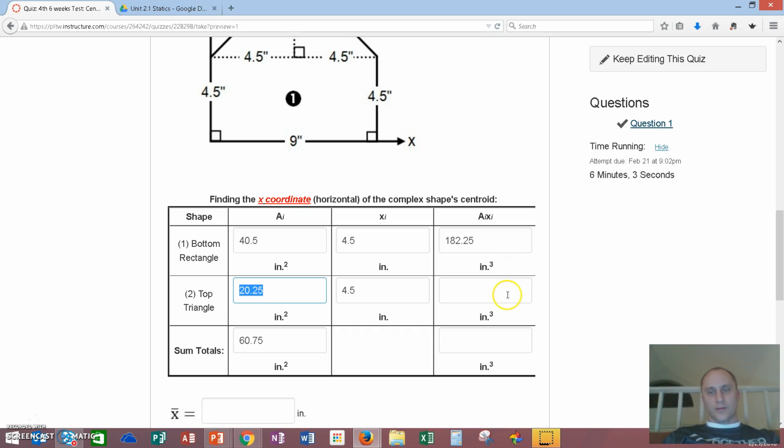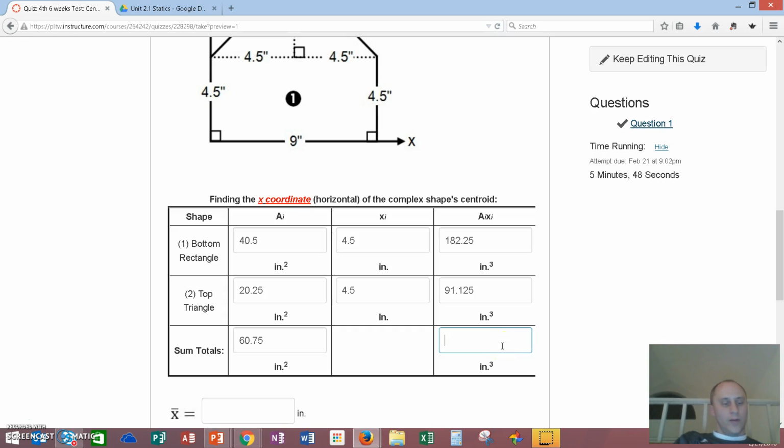Come down to the same arithmetic, 20.25 times 4.5, 91.125. In this column, all we have to do is add these two numbers, 182.25 plus 91.125. And the answer we get,